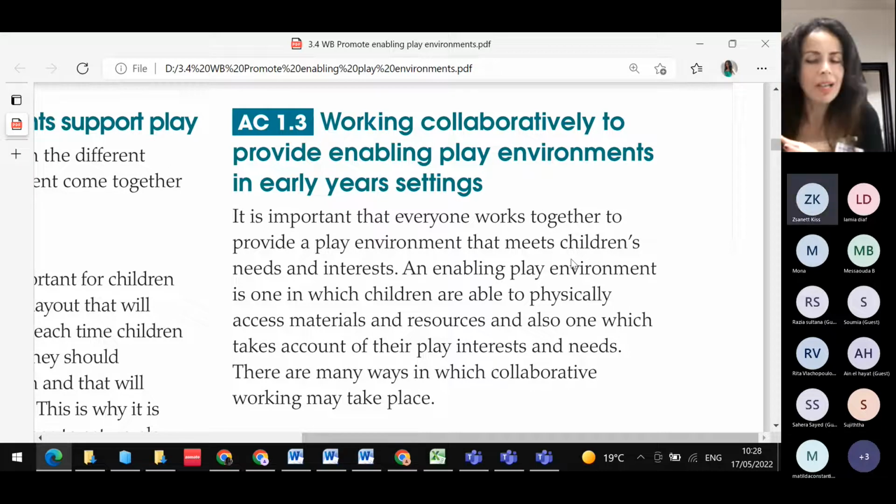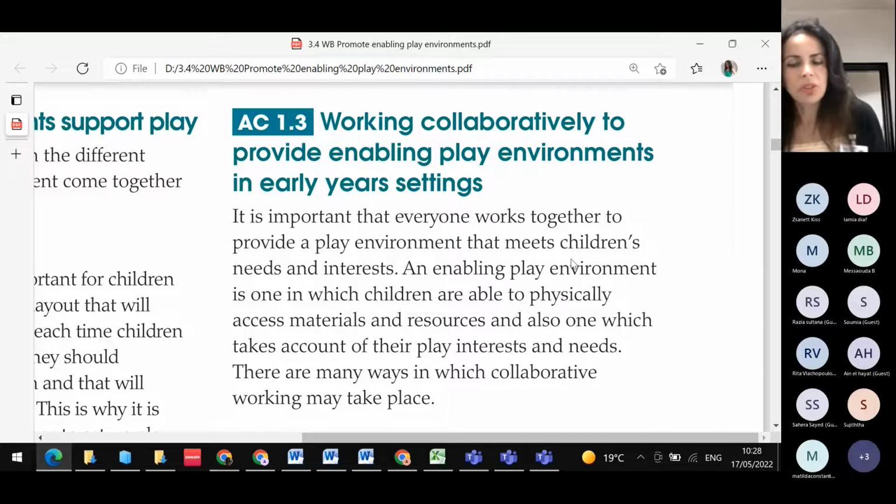We work collaboratively with his parents, so we know more about the child, about their needs, their interests, and what they do at home. We learn from them, and then we can provide something similar in the nursery, make them feel familiar and more comfortable. So the enabling environment,